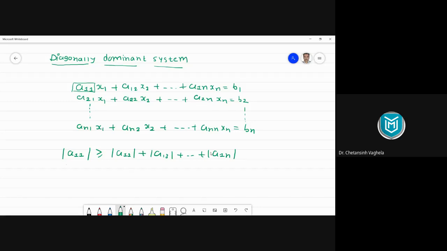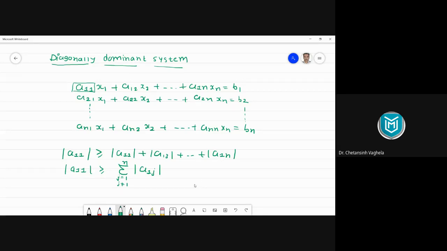अगर हम इसको जनरल में लिखने की कोशिश करें, in general it should be modulus of A11 is greater than or equal to the summation. Now as you can see, your first row is fixed, one is not changing, the column value is changing. So let me take j equal to 1 to n, where j is not equal to 1, क्योंकि a11 हम लोग नहीं ले रहे हैं यहाँ पर, and modulus of a1j, right? So this is actually the general form of the whole total. ये total हम जो ले रहे हैं उसको हम इस तरह से लिख सकते हैं summation में.